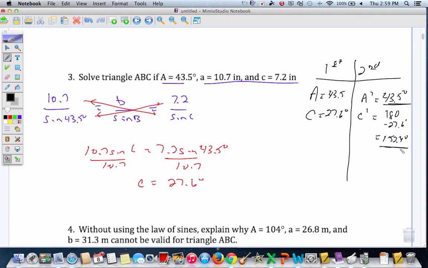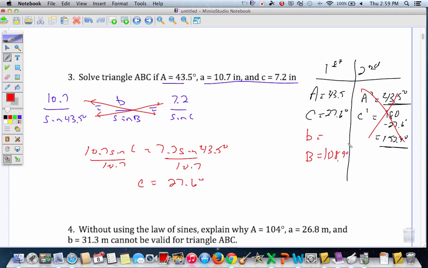152.4 degrees. So right away, in a second triangle, we already have an angle of 43.5. We said our second angle would be 152.4. If we add those together, we have 195 plus degrees. Well, we can't have a triangle that has 195 degrees in it. So in this case, there is not a second triangle, and we just go back here and solve our first